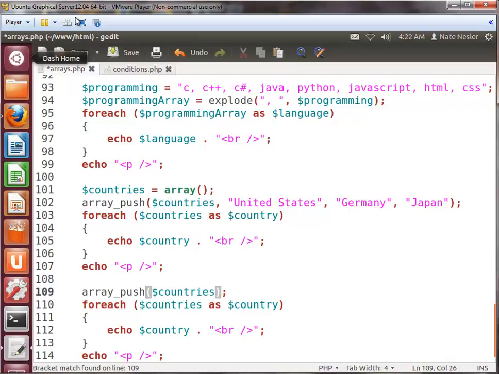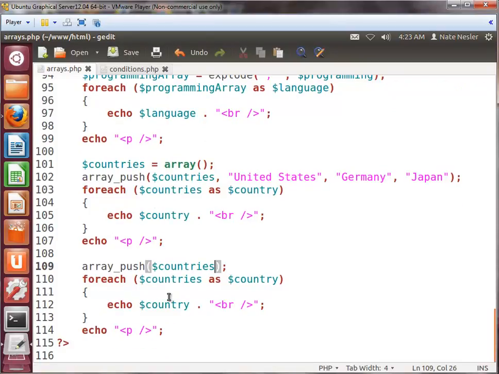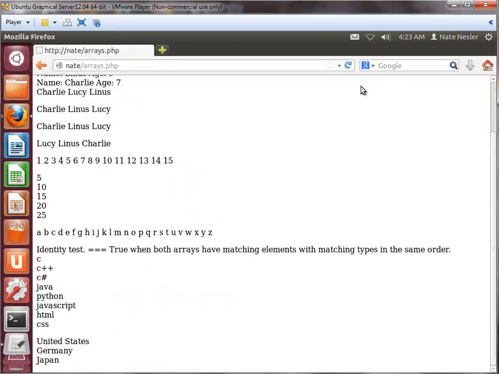If I pop one item off an array, then only one will be missing. So Japan's going to disappear from our list, because it was the last one to be put onto our list. That explains why that's going to be here. So when I go to list it a second time here,